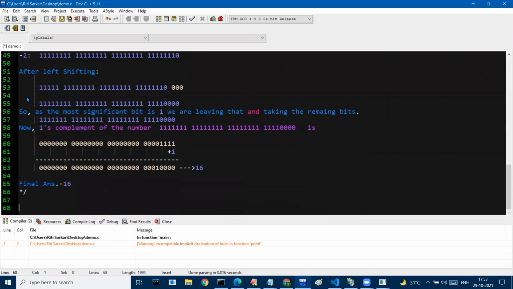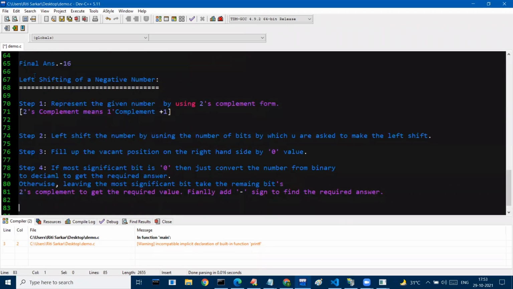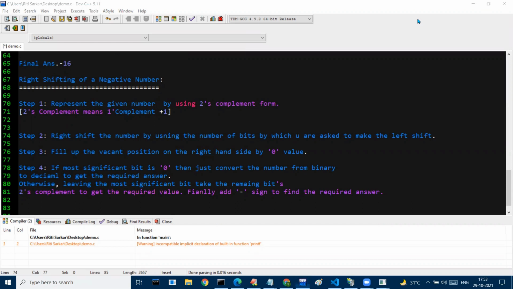This is negative numbers, right shifting. So right shifting of a negative number: represent the given number in 2's complement form. Same. Right shift the number by the number of bits by which you are asked to make the shift. Here it will be